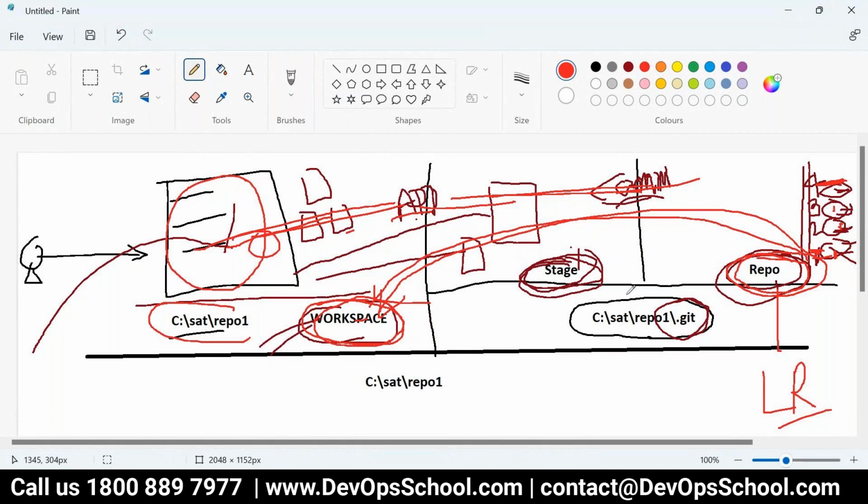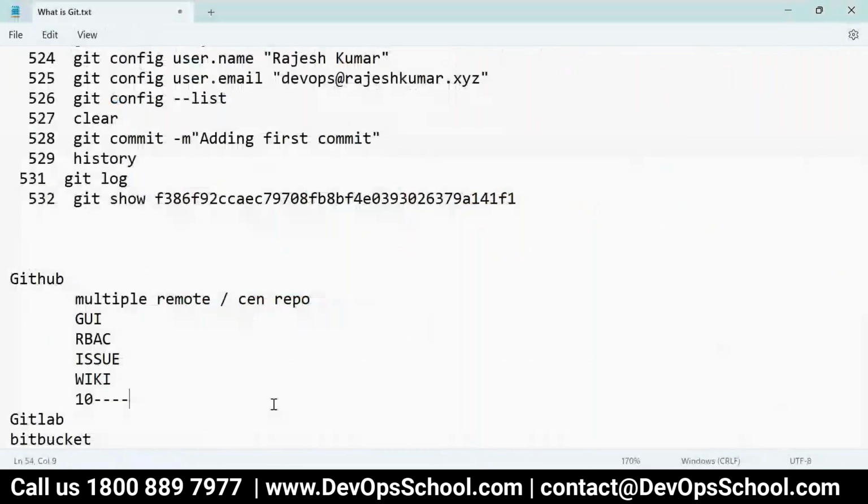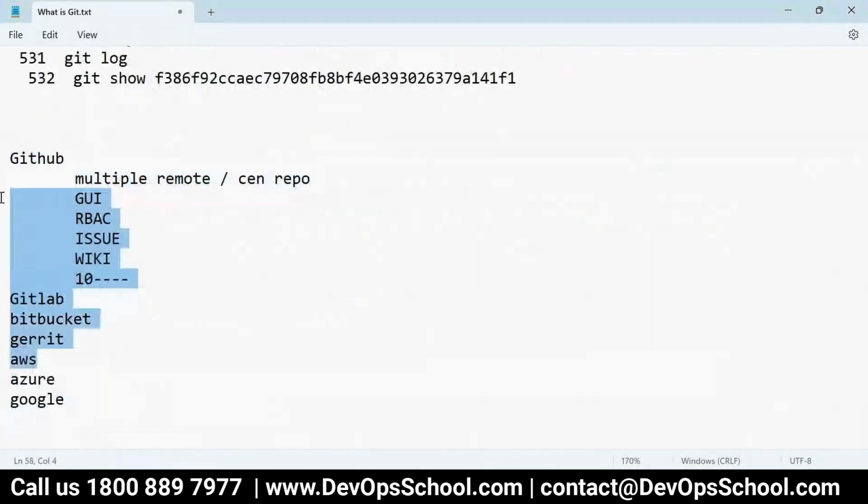Install Git locally, because you want to version the code you write daily. How do you version? Add, commit, version the code, and if you want to share that versioned code with your teammates, you use any of these places. You can buy the software, or install it on some server.